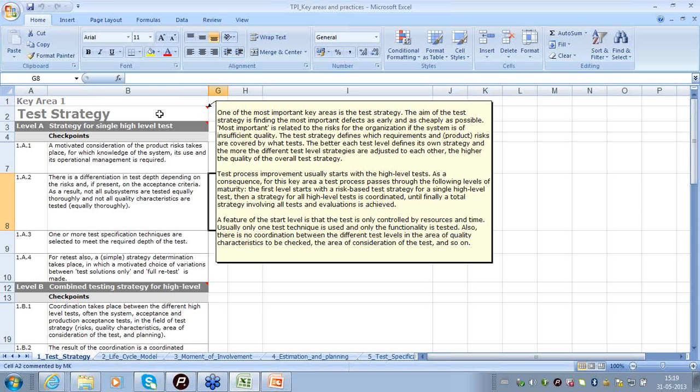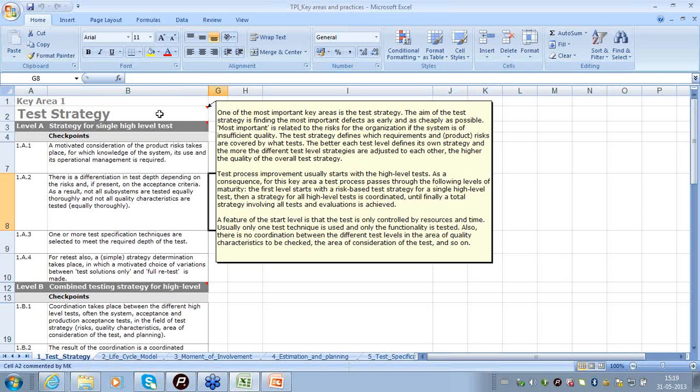So at the end of determination of the test strategy, we have identified how important it is to detect the defects and, for each feature of the software, how much will be tested, how much effort will be spent on a particular feature, which will vary depending on the criticality of the feature.